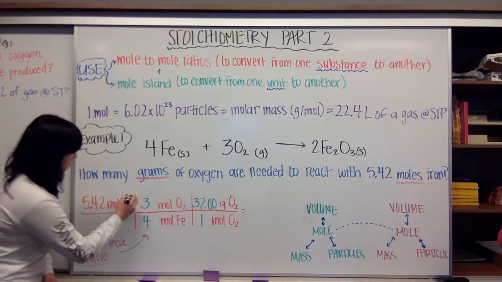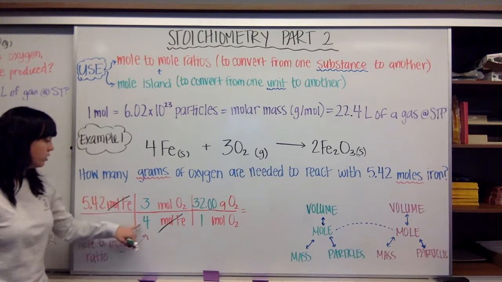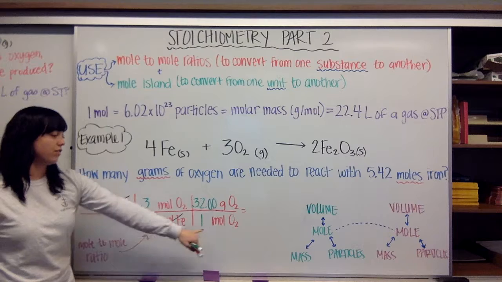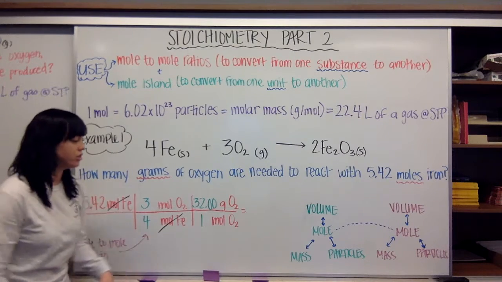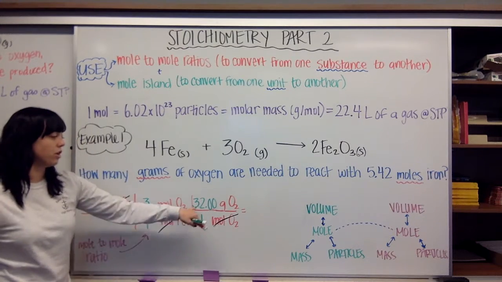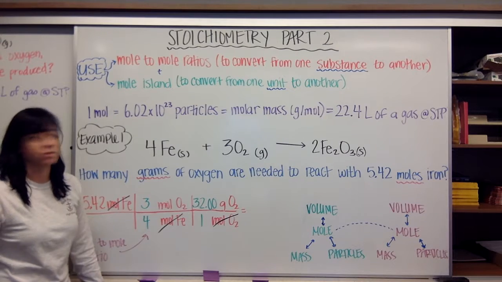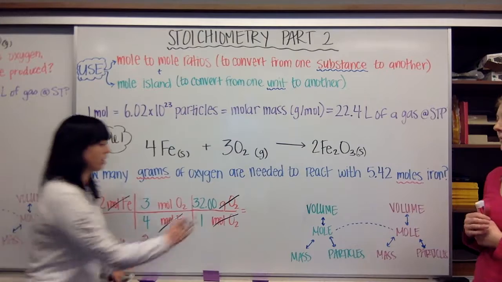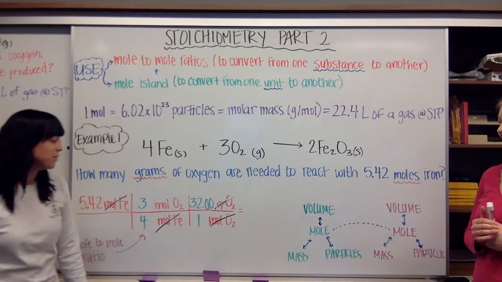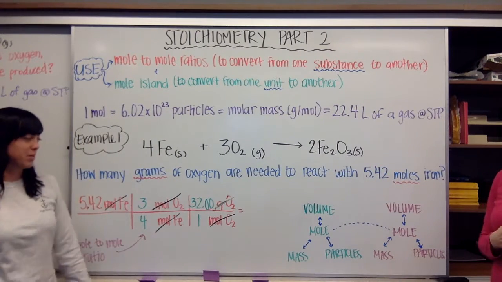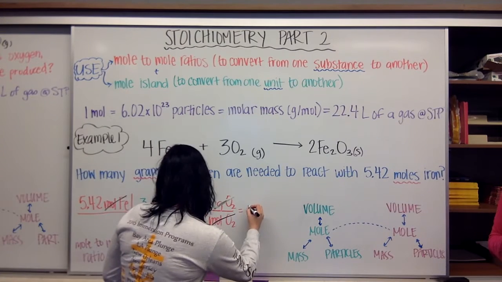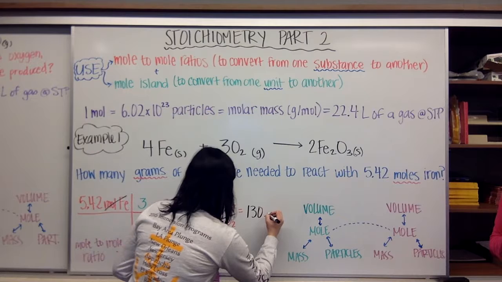So then I go ahead and cancel these guys out, plug in 4 moles and 3 moles, and then for every 1 mole of oxygen gas, I end up with 32.00 grams of oxygen gas. Cross out the moles, not grams. Right here. My bad. And my answer is 130.08